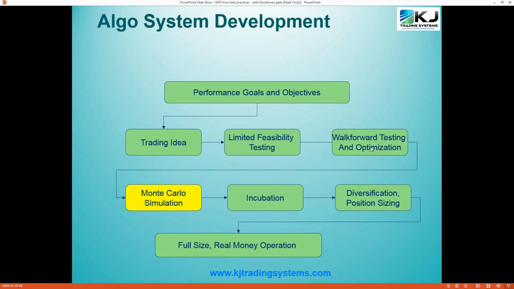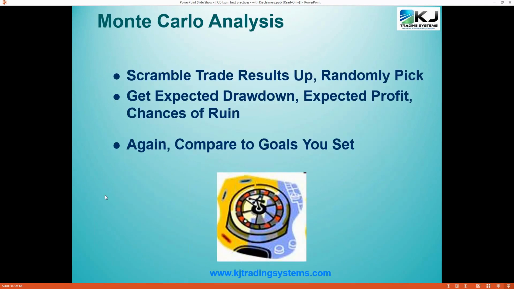Okay, so once you get through the Walkforward testing, you go on to Monte Carlo testing, which is really a math technique. I do it in a spreadsheet, where it randomly picks trades and develops a whole family of equity curves based on your trading system. So it helps you to understand what kind of drawdown you could have had, what kind of expected profit, what kind of chances of ruin. Pretty cool. It's a good thing to do because